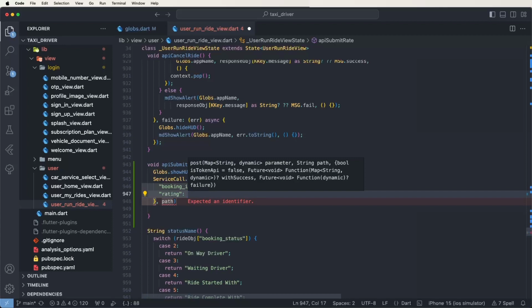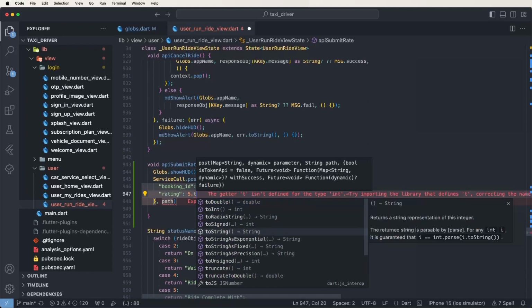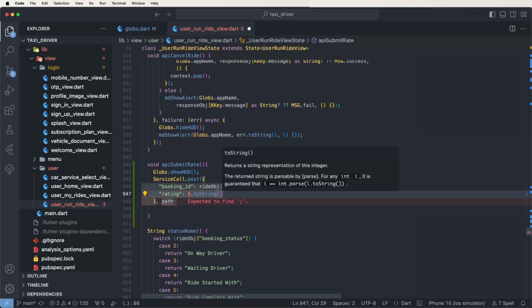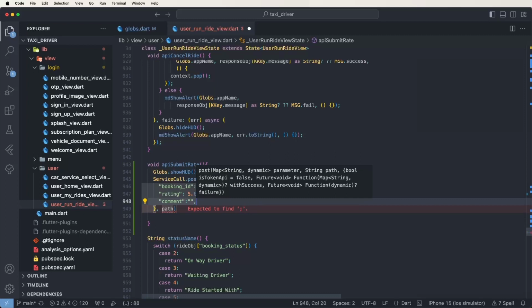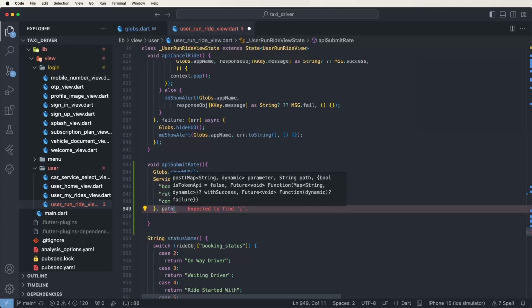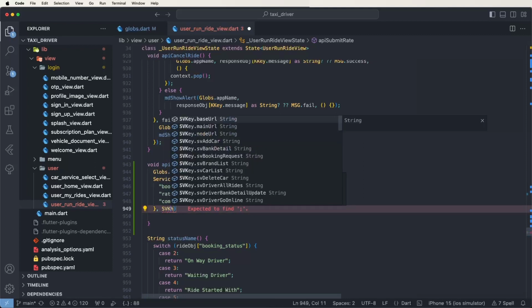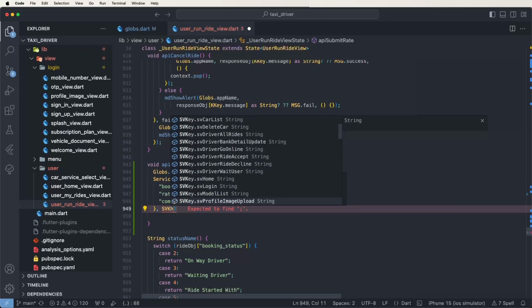and we need to statically set the rating toString, and also another parameter for the comments, but we do not use the comments, but we need to make the API comment required. Now call the service name sv key dot ride rating,